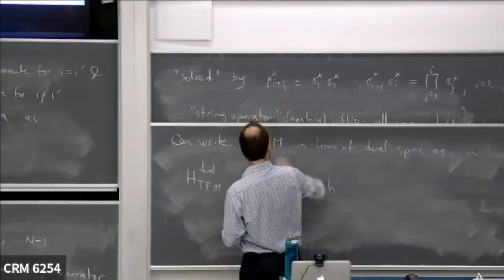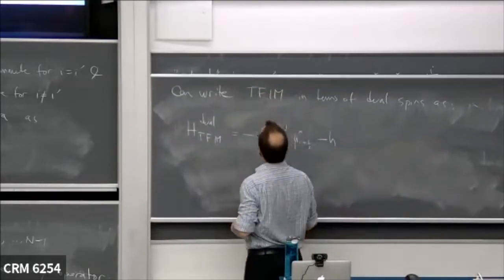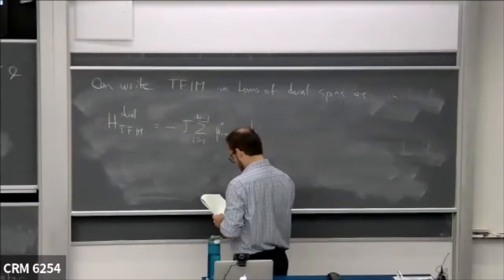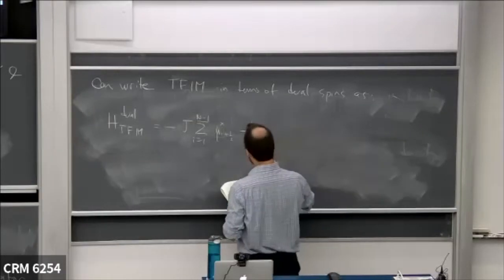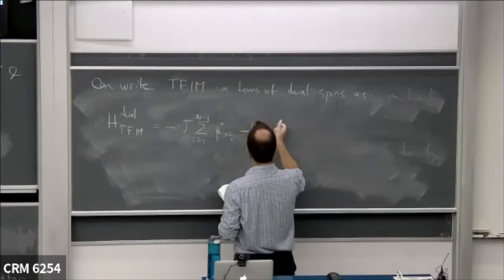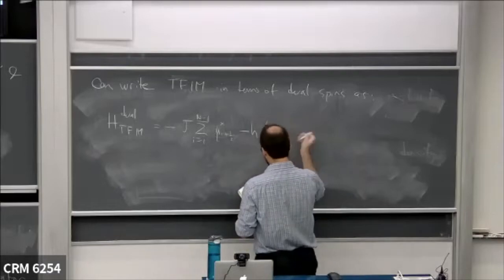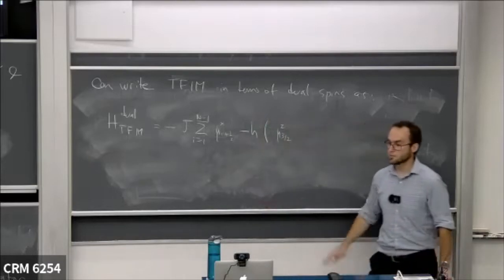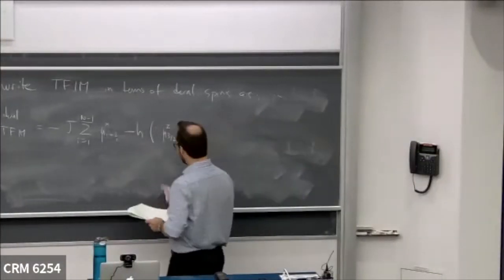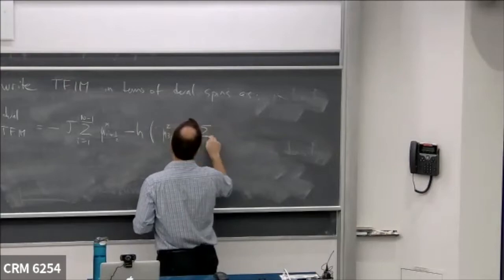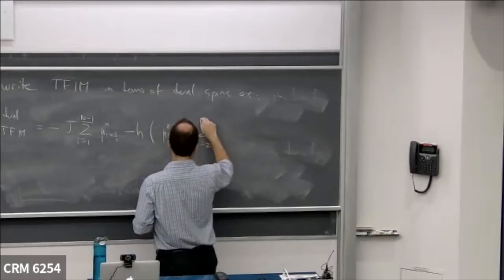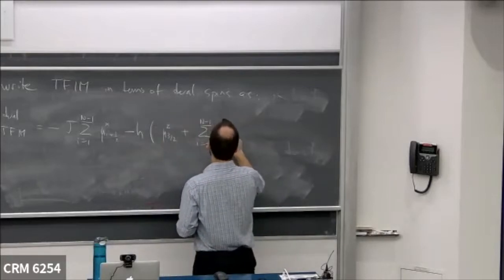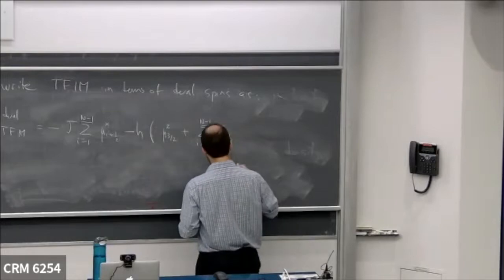So then remember that I defined this mu z implicitly by a product, and so now this sigma x term becomes a product of mu z's, except for the first term. Remember that sigma 1 x was equal to a single mu here. I'll write it out specifically, and then for all the other ones, 2 to n minus 1, we have mu z i minus a half,